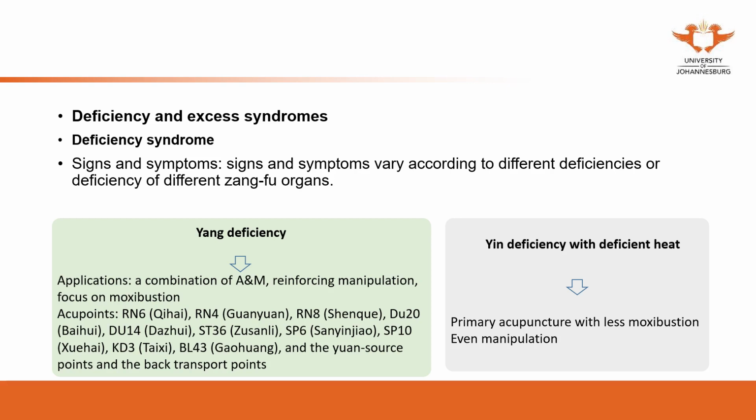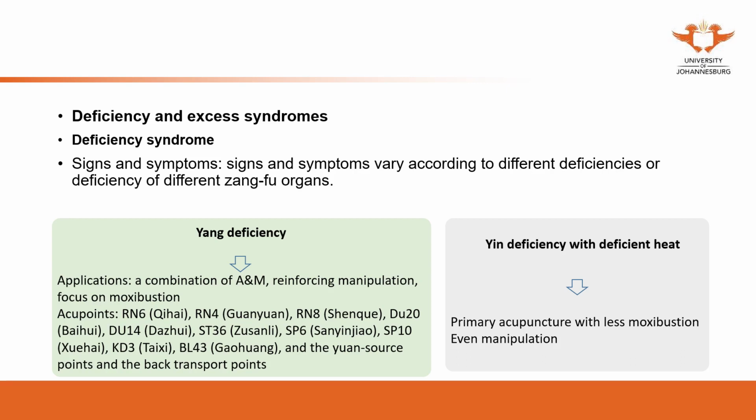The reason is that no matter whether the heat is from deficiency or excess, it is heat. So in this situation, we don't want to use moxibustion to increase the heat in the body. So we're going to use acupuncture, less moxibustion. When we choose the points, we still can choose the points that can tonify